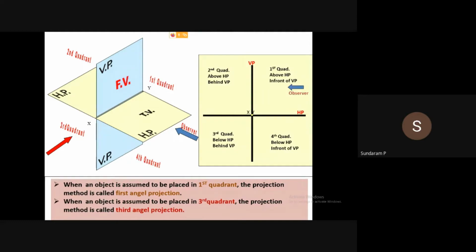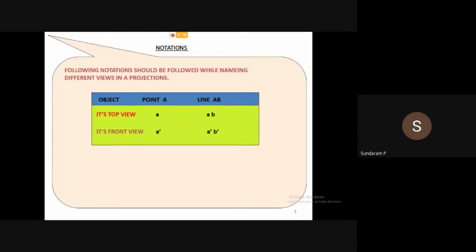Mostly the problem description, from your vendor or any other technician, or your own ideas, can be told orally or imagined, your innovative idea in your mind. How can we make it into a diagram? That is with imaginary planes, which is what we have discussed. So here we always use some standards, which means we use notations to locate a point or any object, to locate the point or the line. So here we always follow the notations.